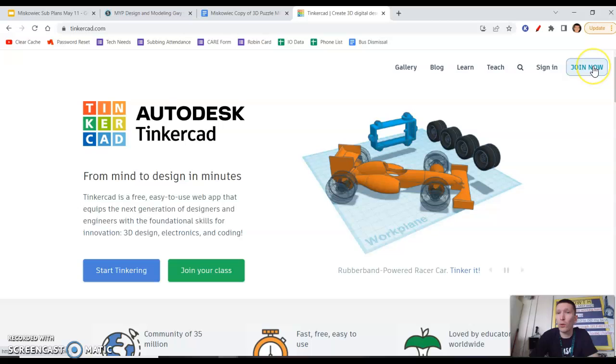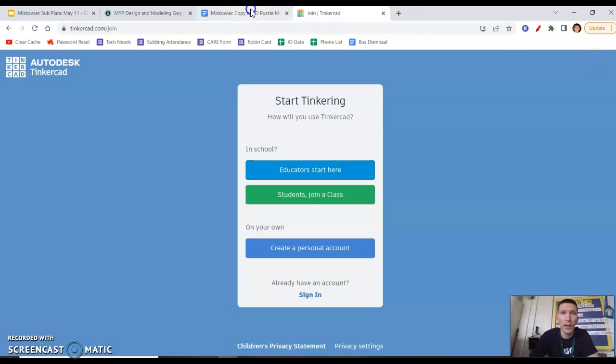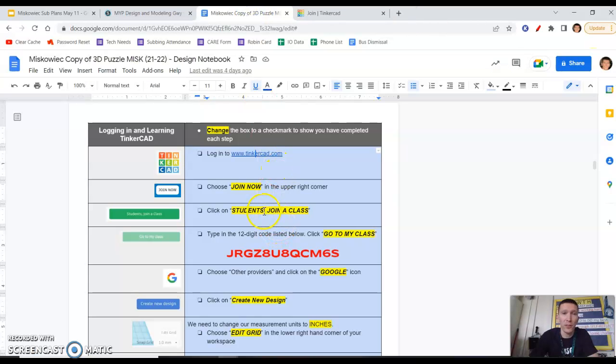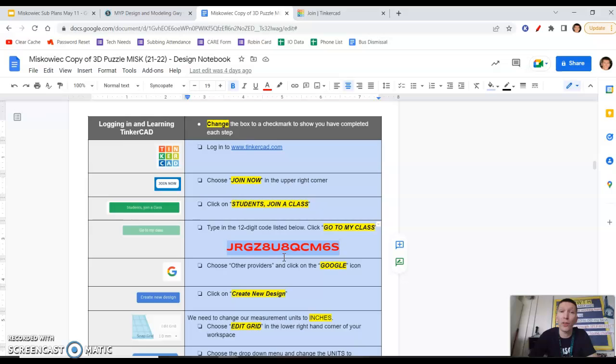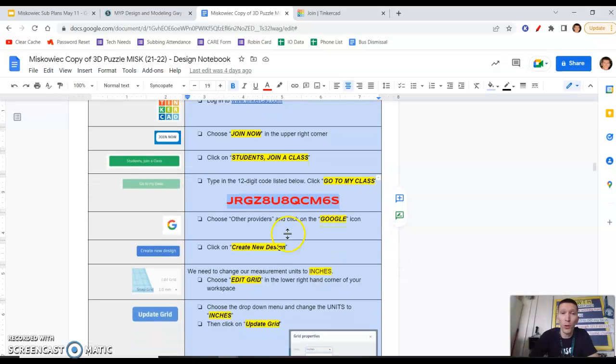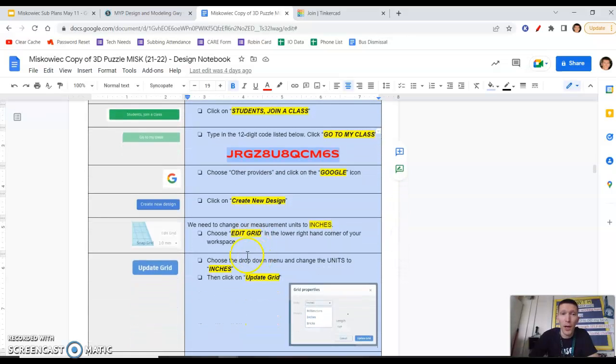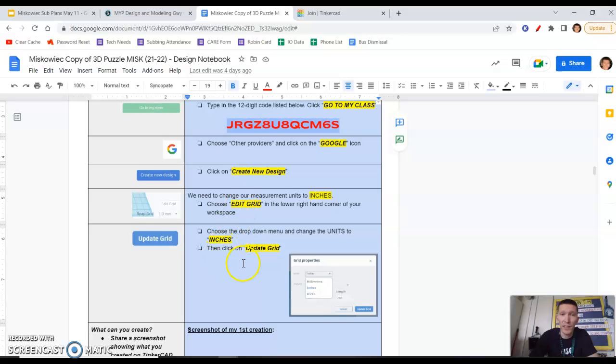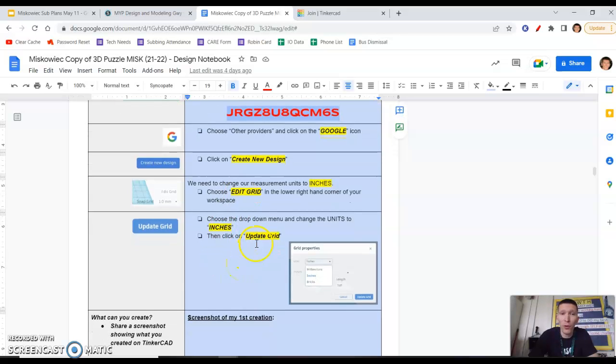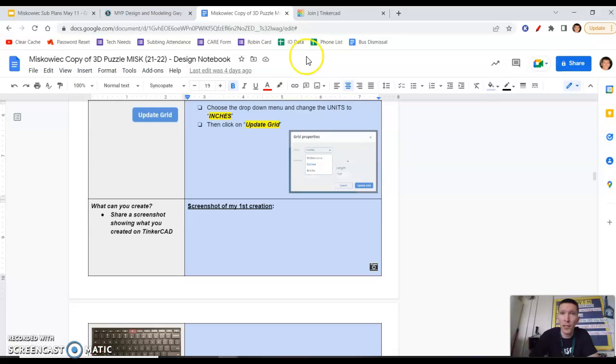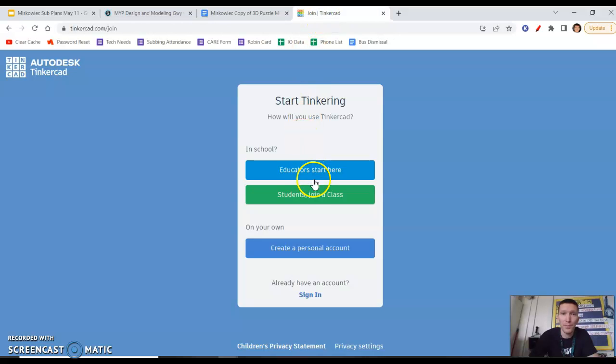this. So in the top right corner, it says, join now. And then from there, you'll click join a class. The next thing is you need to copy this code and you will paste it in for the class code. So go through it one step at a time. Please don't forget to do any of these steps. And from there, though, you're just going to explore Tinkercad. And so to do that,